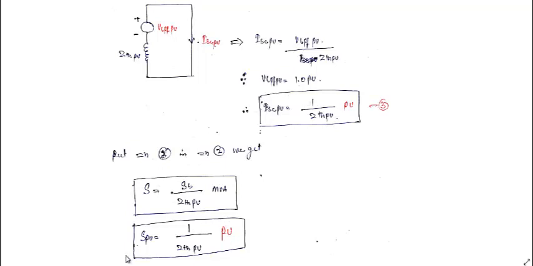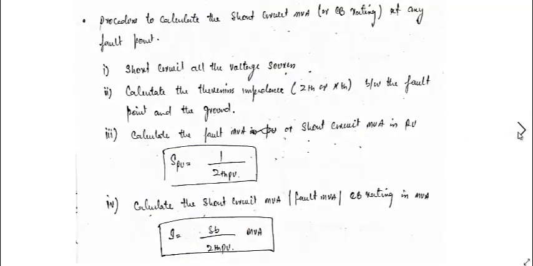So then it is very simple. By using these formulas, we can get the value of this MVA rating of the circuit breaker or fault MVA at that point. So I will summarize it in different points. First 2 points will be the same, that is